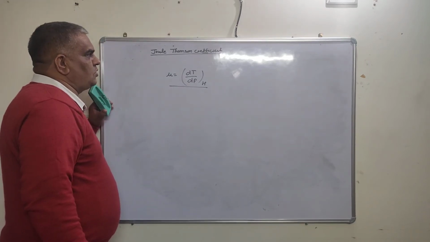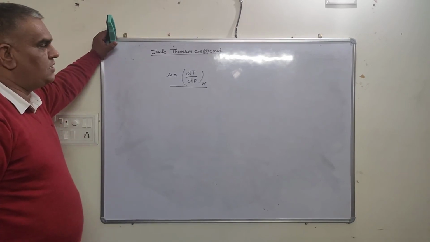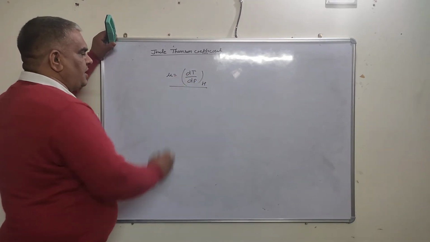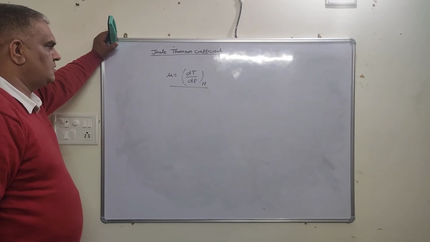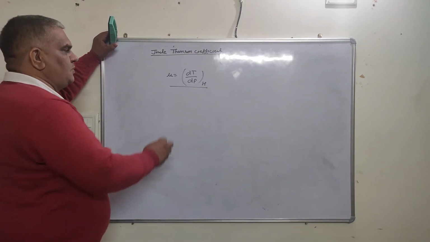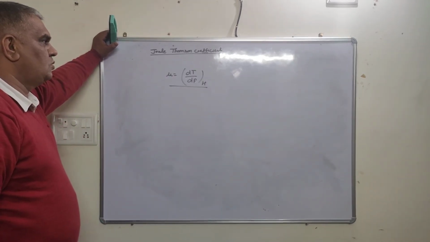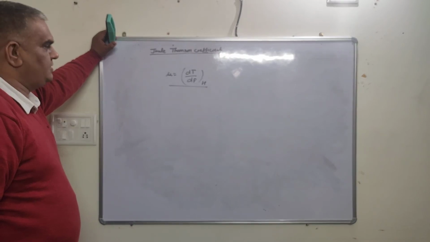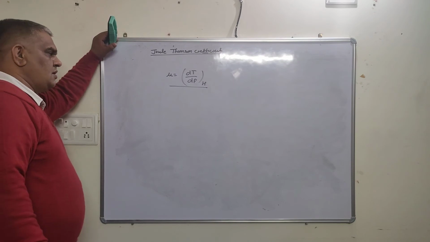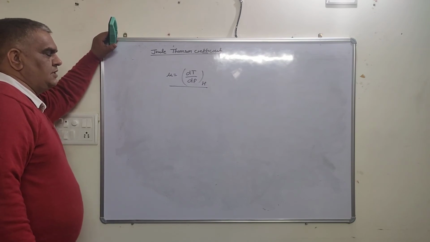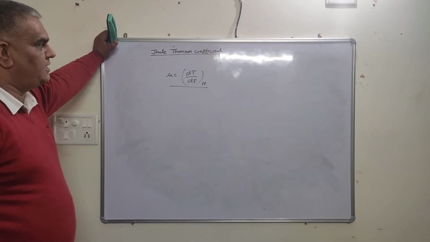This is called the Joule-Thomson coefficient, and mu will be positive for cooling when both dT and dP are negative. For heating, dT is positive and dP is negative, and mu equals 0 otherwise. The Joule-Thomson coefficient for an ideal gas is 0, since neither gas expansion nor cooling or heating occurs in an adiabatic process. So the Joule-Thomson coefficient for an ideal gas is 0.